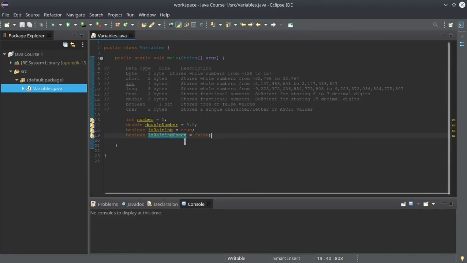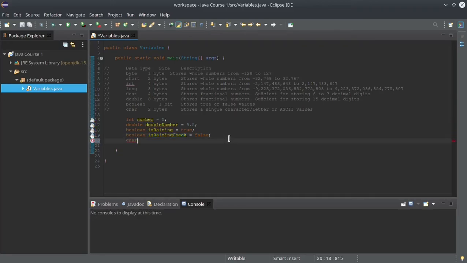Okay, so that the developer can already understand what these variables actually are and what they are for. In this case, it's clear. Well, is raining, check. It means that we want to check if it is raining or not. Okay. So let's say we want to use also the type char, which is also very used. Char, character. I call this one character, equal to